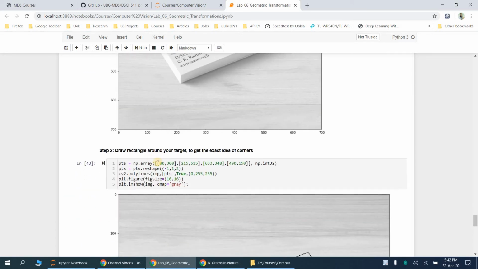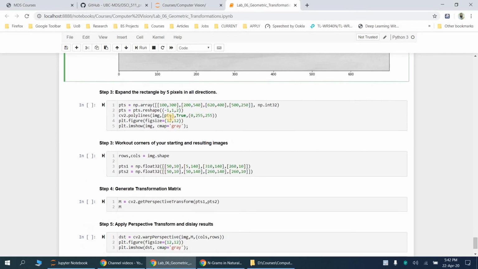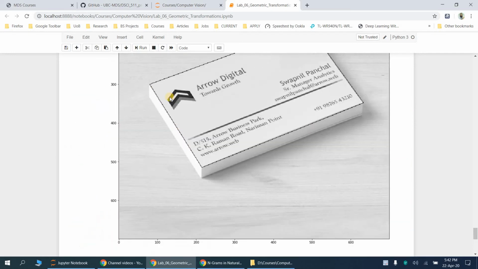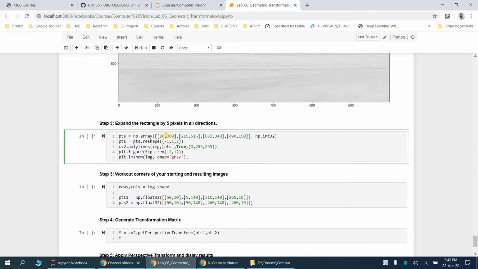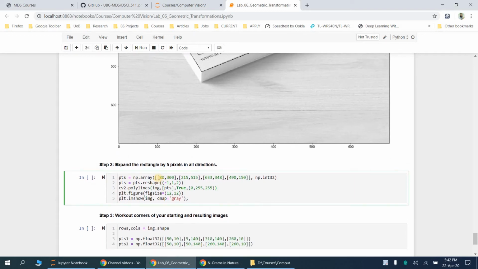Okay. The next thing that you will do after you have created the rectangle around the shape that you want to make straight is the one that over here. What you have to do is make this boundary a little bit expanded so that you have some extra space. This is for making it more perfect. So how you can make extra space? Move all the four corners back. So back normally means